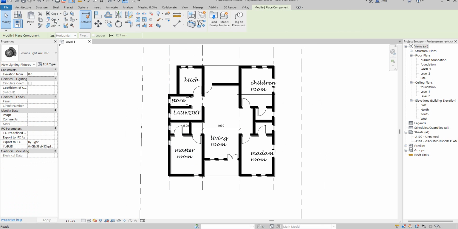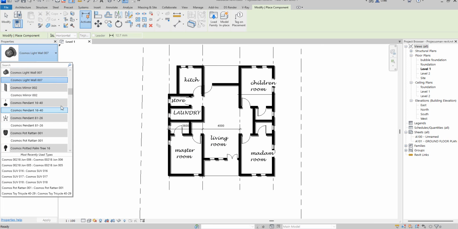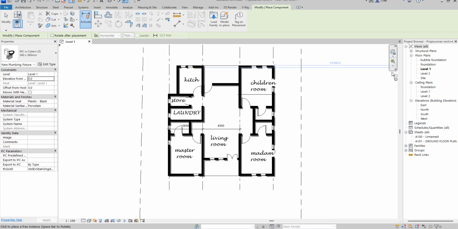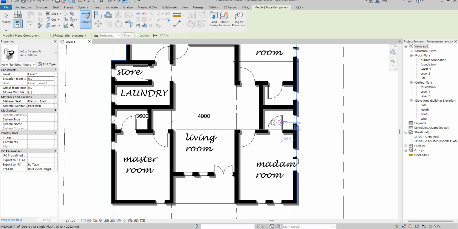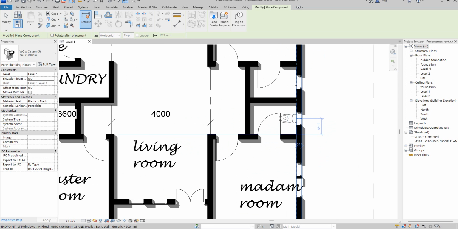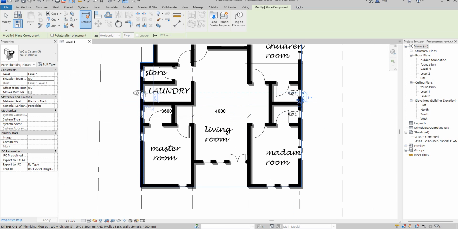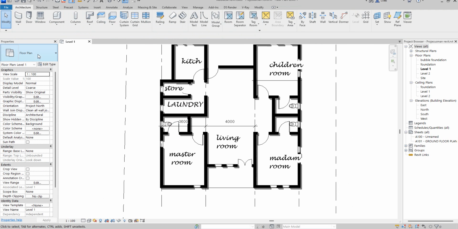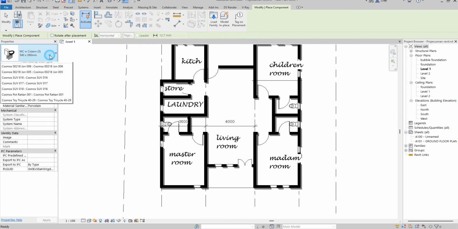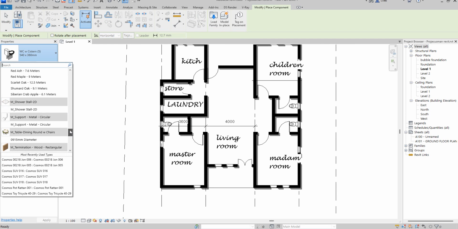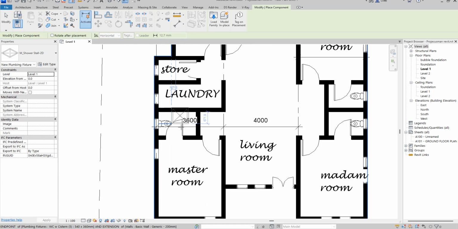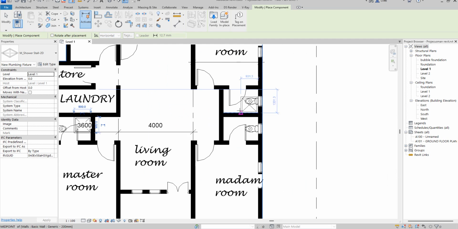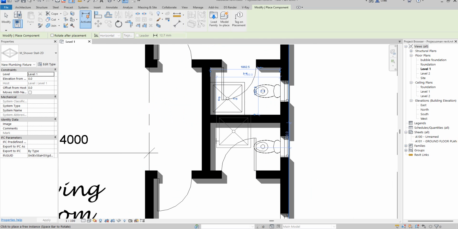Now let me put the components. I'm going to start by selecting. So this is for this place. I'm going to put for the toilets first. Okay, another one. Then the top storage. Okay, so now let's go on to select more facilities to help get it done. So I'm going to put this, okay, like that place is okay. Then put another one here. This one will later allow us to